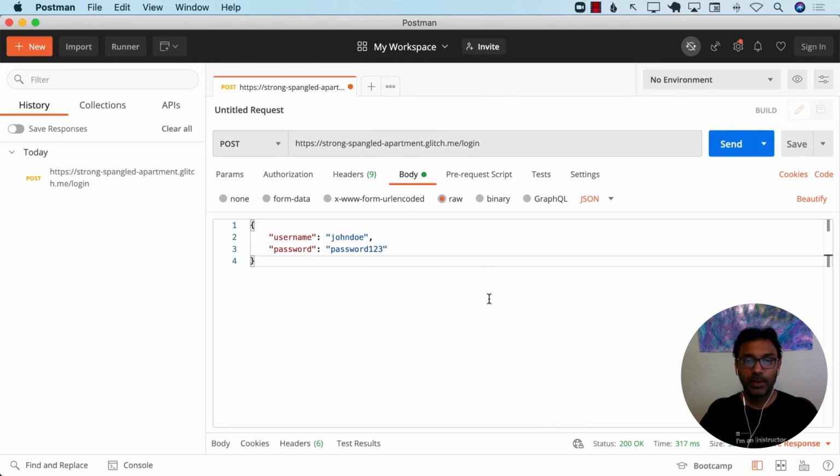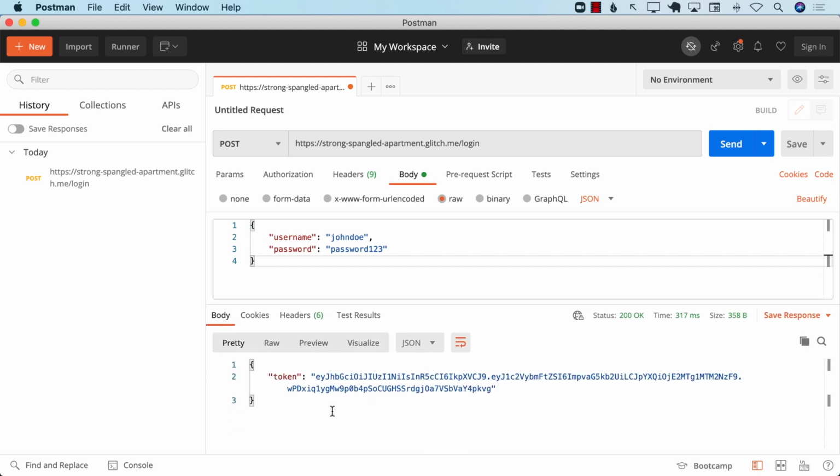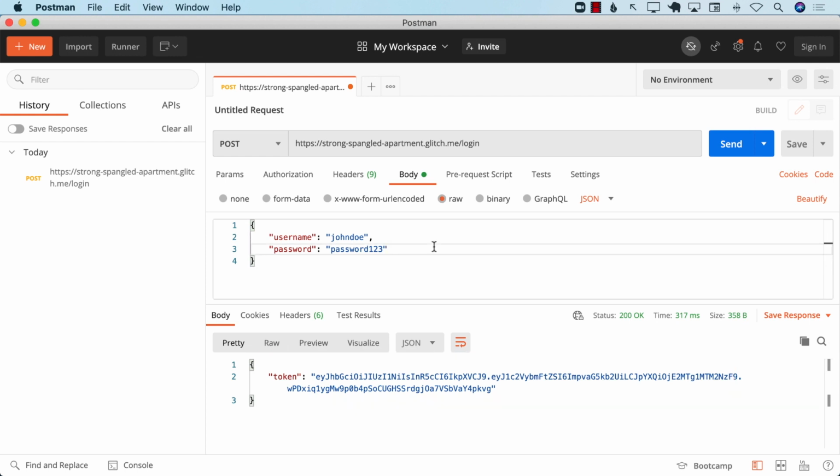Let's go ahead and send the request. And I believe we got something back, and here we go. We got the token. You can see that this is what the token looks like. So this means that when we are sending the correct username and password, we are able to get a token. That token will be sent to the client side, which will be our SwiftUI app. And then SwiftUI can hold on to that token, probably in a user default, so that it can send it